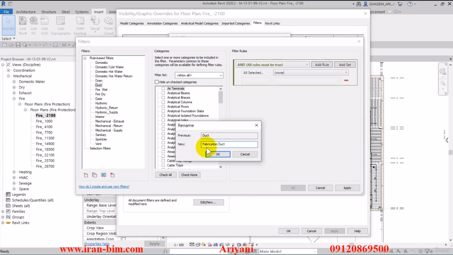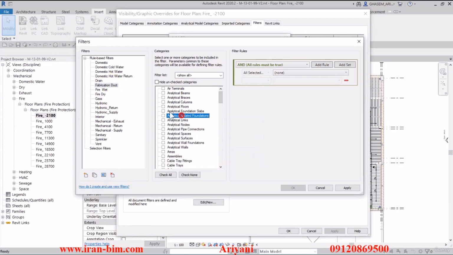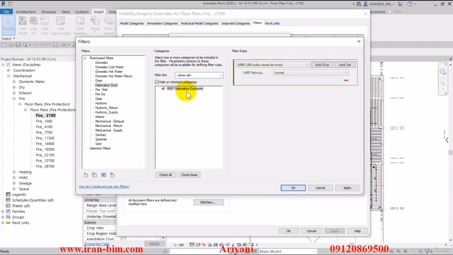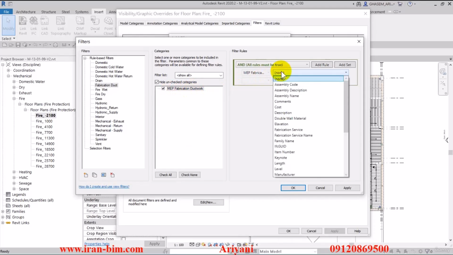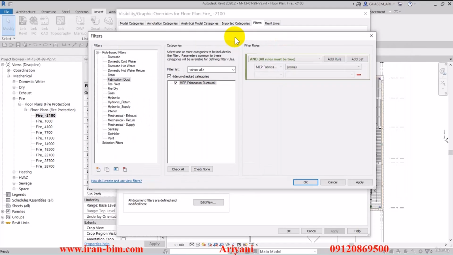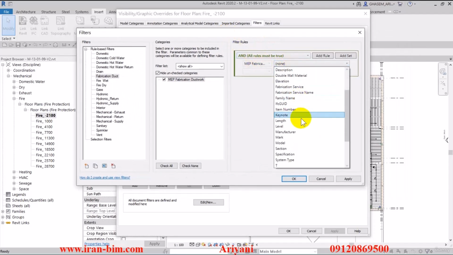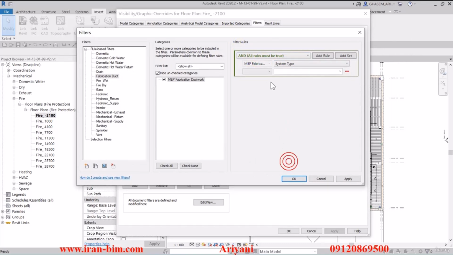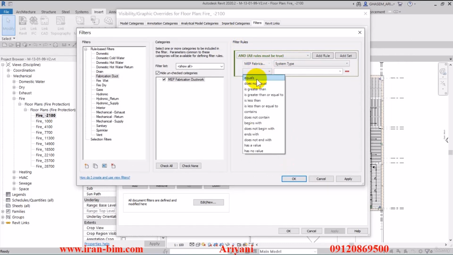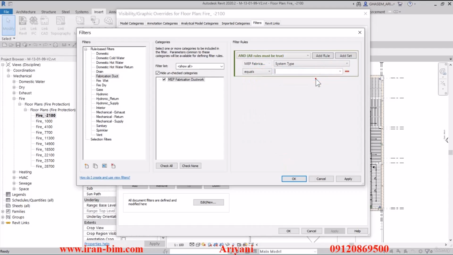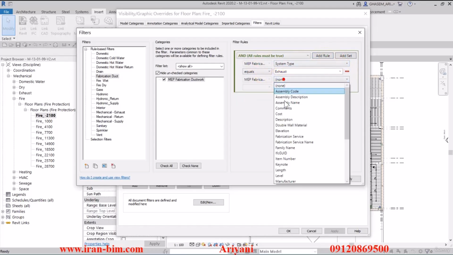Now we can open up this part and select the MEP fabrication duct work. Now I think for this part we named it system type or name. Alright, so on the right we'll select the system type through the menu here. Now this equals first exhaust, then I'll select the add set option and cancel this, add rule, system type equals,